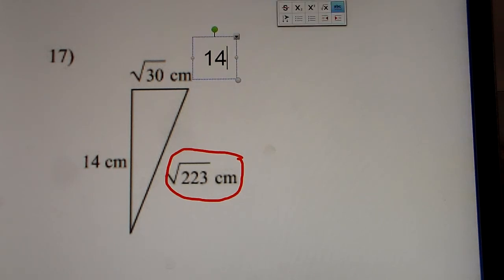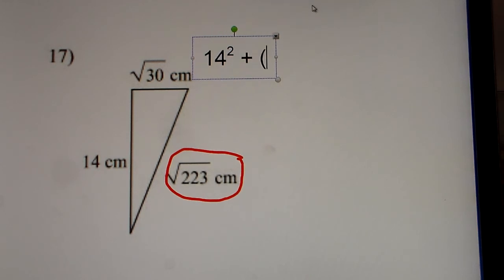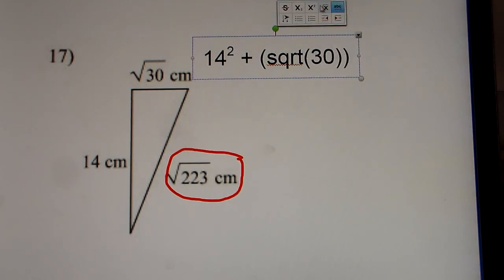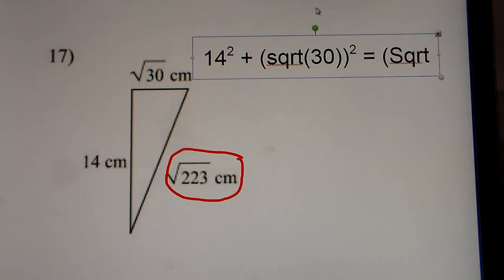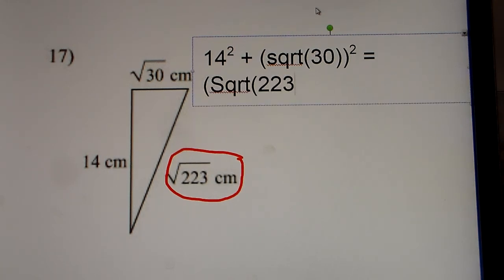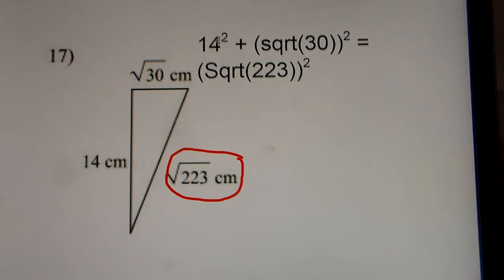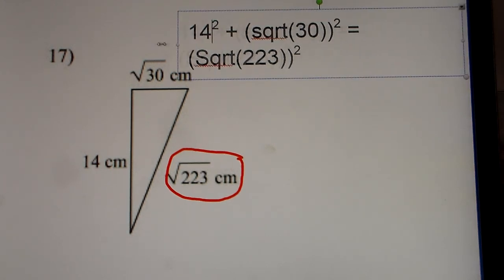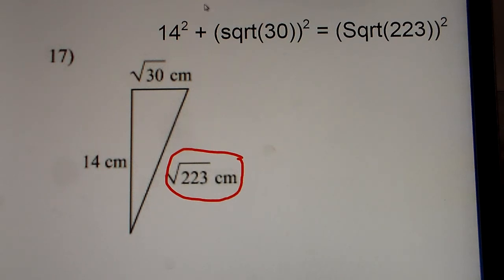So it'll be 14 squared plus the square root of 30 squared is equal to the square root of 223 squared. All right. So that's our formula. Stretch it out so it's all in one line. Cool. So 14 squared is 196. Square root of